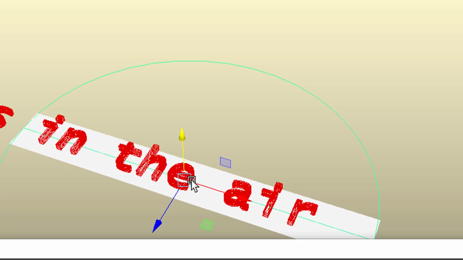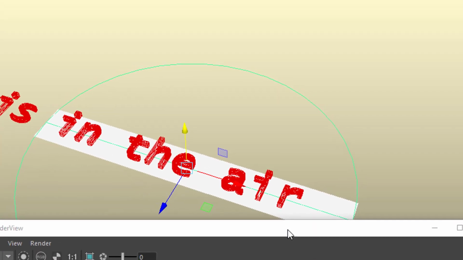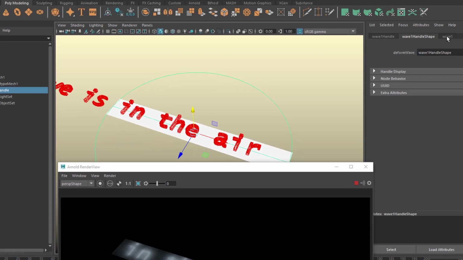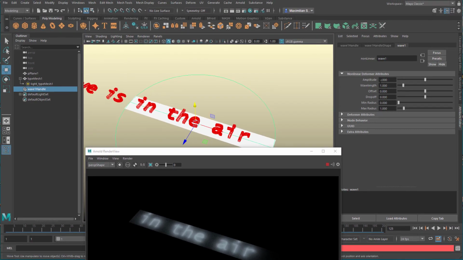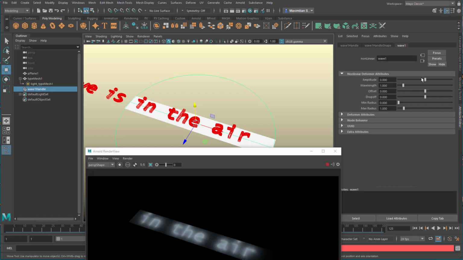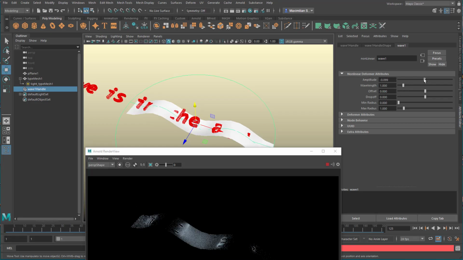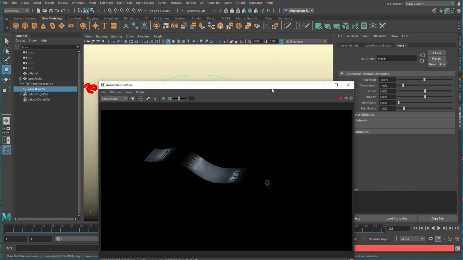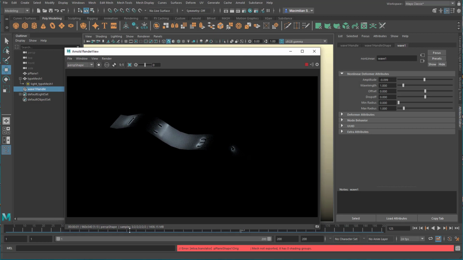You need to select the surface first, the mesh first, that's obvious, and here you find the wave amplitude. That's why nothing happens, because the amplitude by default is set to 0. When you raise it slightly, you get this wavy effect here. And now you see that something with the letters does not work, because you need a very subtle change in the